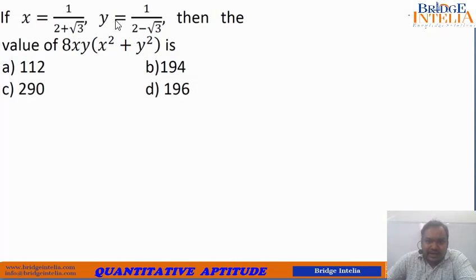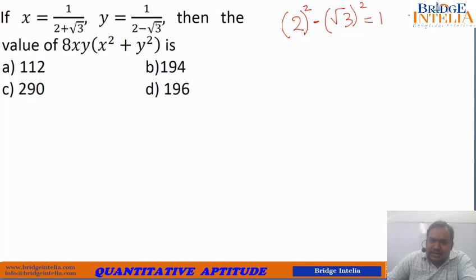so x and y both are given as surds. What is to be immediately realized here is, look at the choice of the terms 2 and root 3. Why have these particular numbers been chosen? They have been chosen for a purpose, because the moment you rationalize them, the denominator has the potential of being converted into 1. How? You can see immediately.